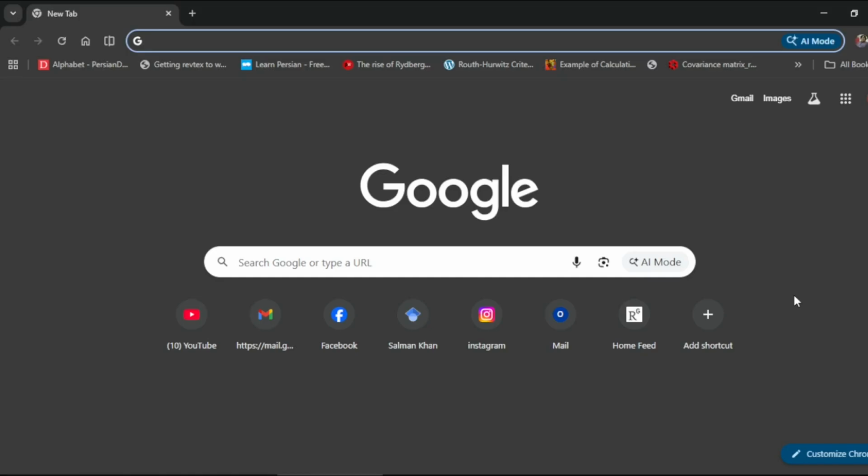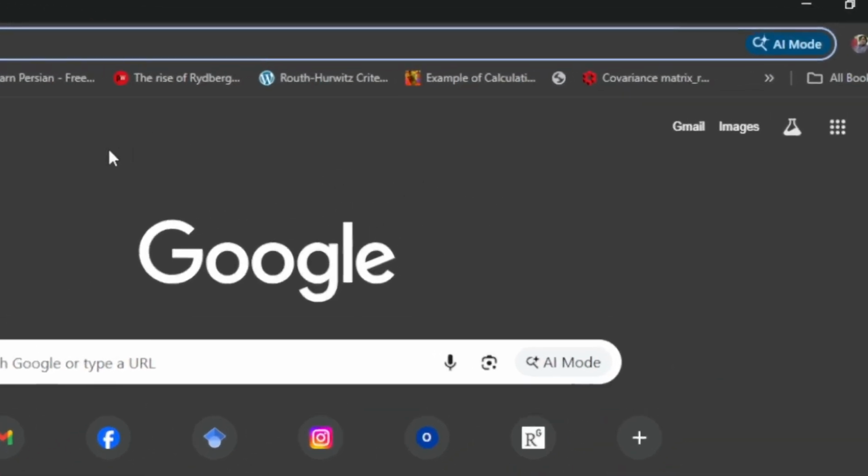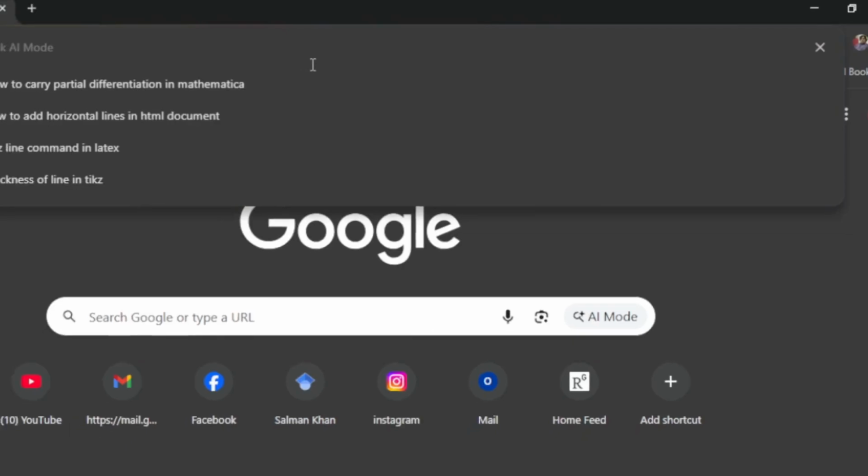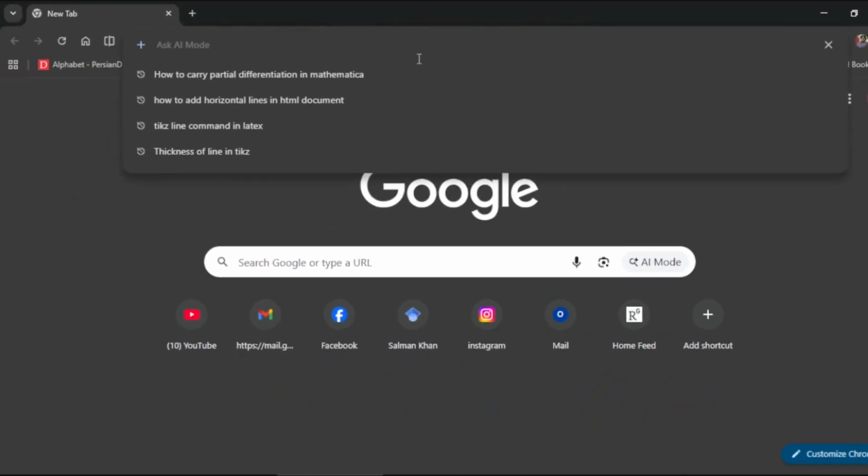In this video, I will let you know how to use the artificial intelligence mode, that is AI mode, of Google Chrome to get a basic idea about codes in different software. For example, here I have opened Google Chrome and I want to use the AI mode. So for that, I need to click here on the AI mode search and then ask a question from this: